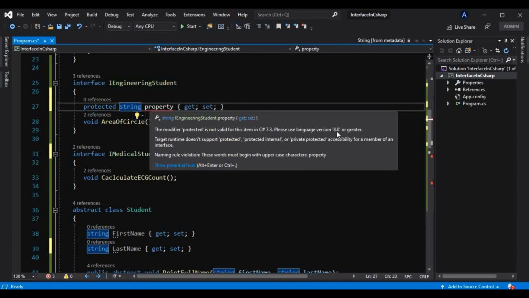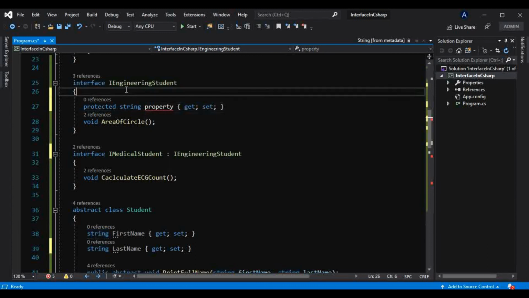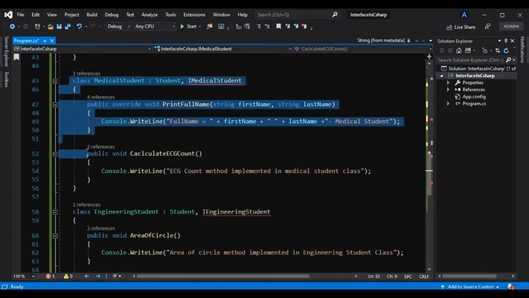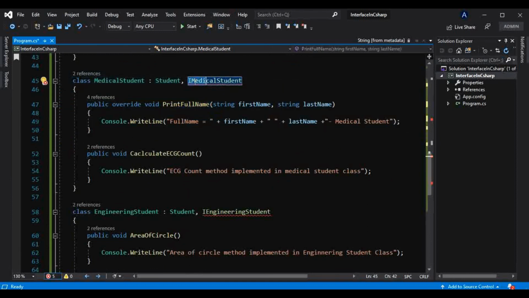Please use language version 8.0 or greater. So starting with 8.0, if there is a property with this protected access modifier, it can be only accessed by the interface which is inheriting that base interface, and not this class which is inheriting that interface.